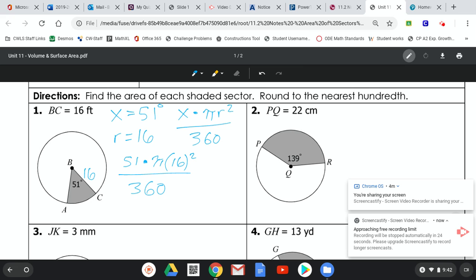Once we punch that into our calculator, we get a final answer of 113.94 feet squared. That isn't too terribly difficult, hopefully, guys. So if we're looking at number 2,